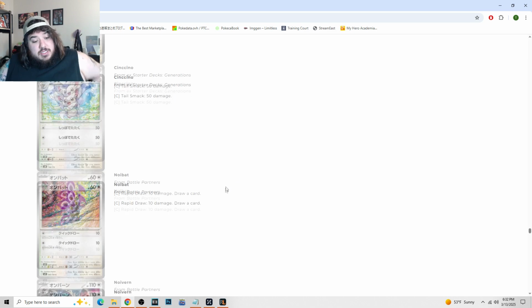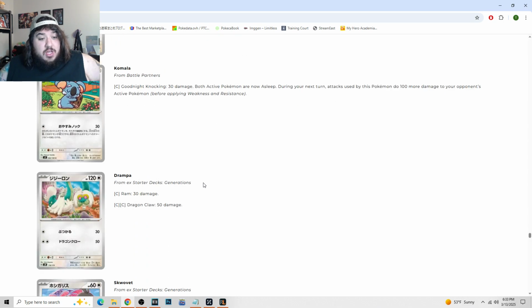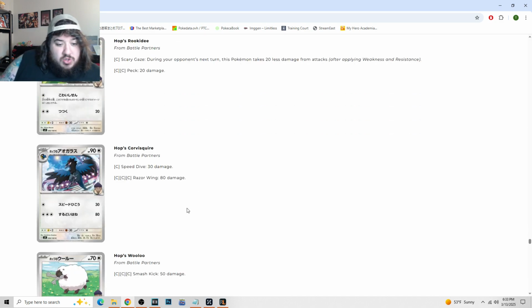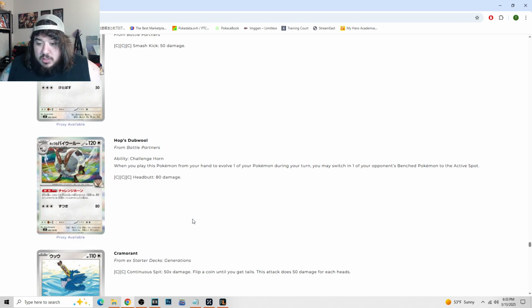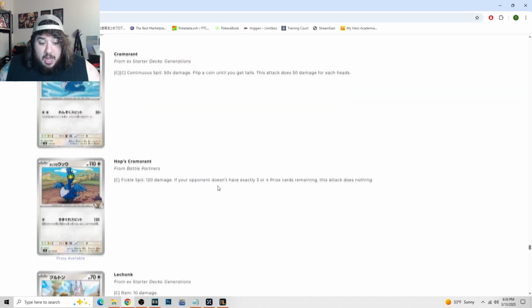Noibat, Noivern. Just does 110, they're confused. Okay. Kamala, Drampa, Skwovet, Greedent, Hop's Rookidee, and Hop's Corviknight. So 30 and 80, not good at all. Hop's Wooloo, Hop's Dubwool. It's kind of like Boss's Orders, like retreat, pretty much. Cramorant, Hop's Cramorant. Oh, but it only does...